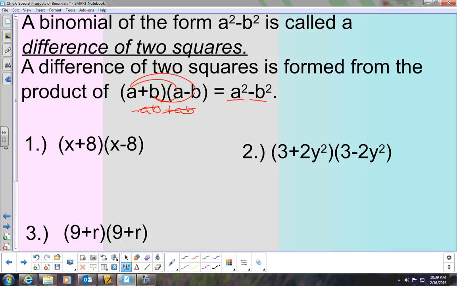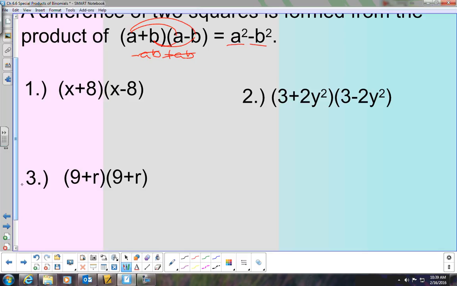Let's look at number 1 example. x plus 8 times the quantity of x minus 8. Let's do the longhand so you can see the terms cancel out. From here on out, we're going to go ahead and do the shortcut because now we've identified they're just going to cancel out. So x times x gives us x squared, x times negative 8, negative 8x, 8 times x, and then 8 times negative 8. What happens here? They cancel out. So we're left with